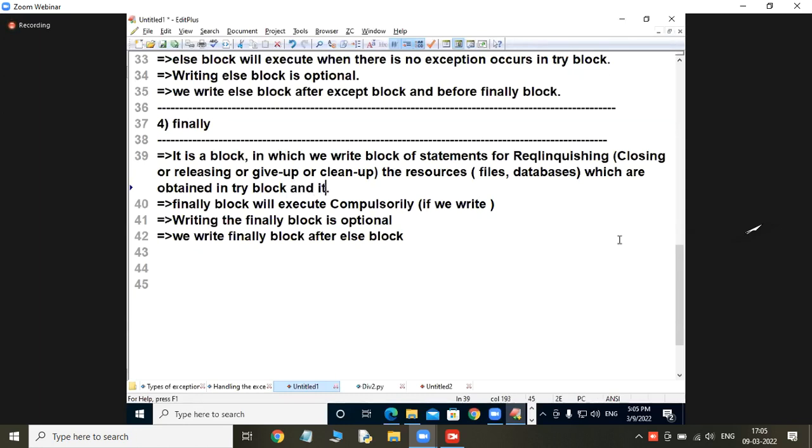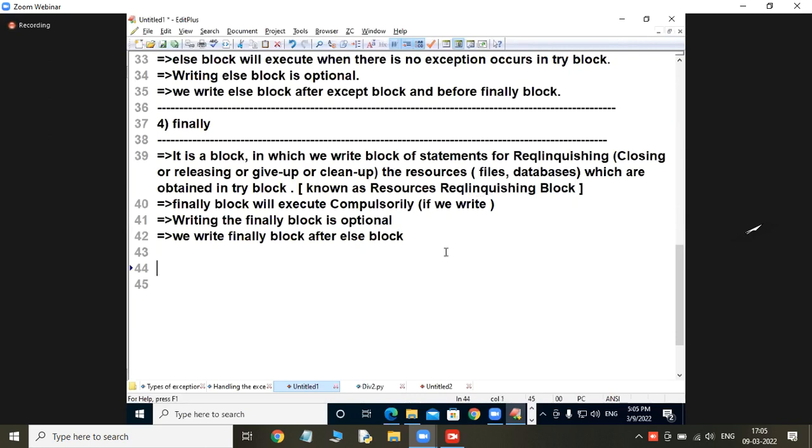In the bracket I will write, known as resources relinquishing block.